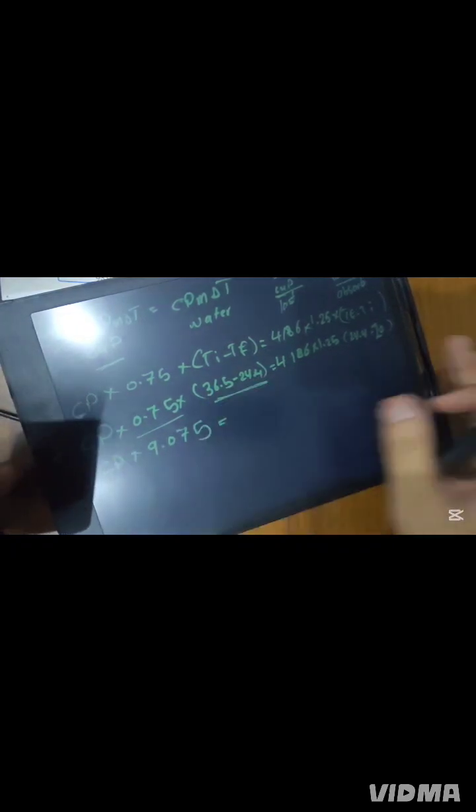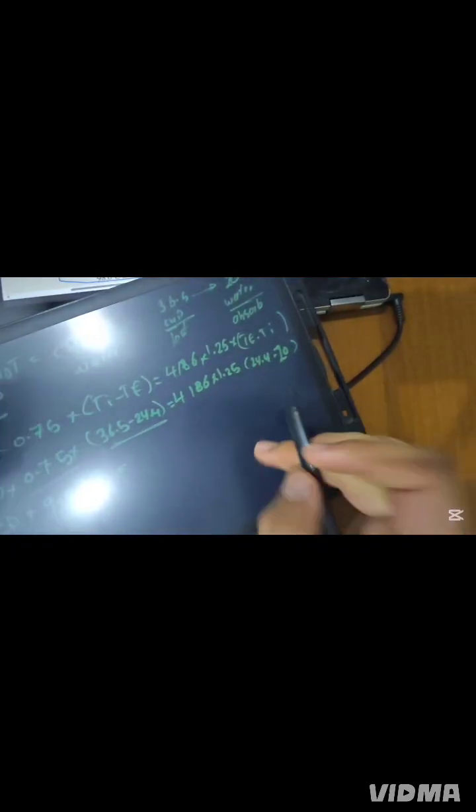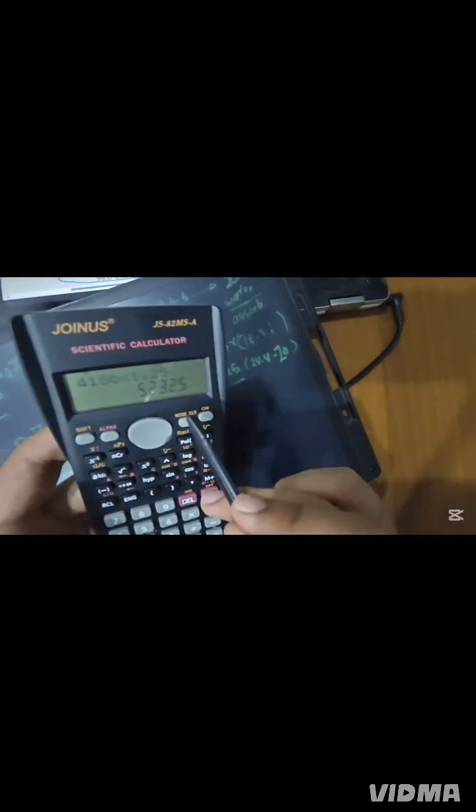The left side is actually done. The right side is left. To arrange it, multiply these together, 4186 times 1.25, the answer